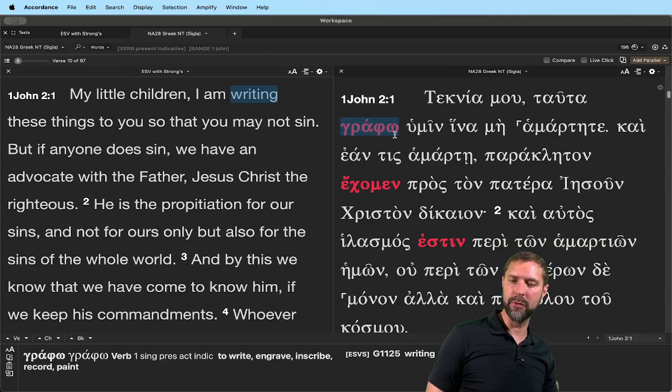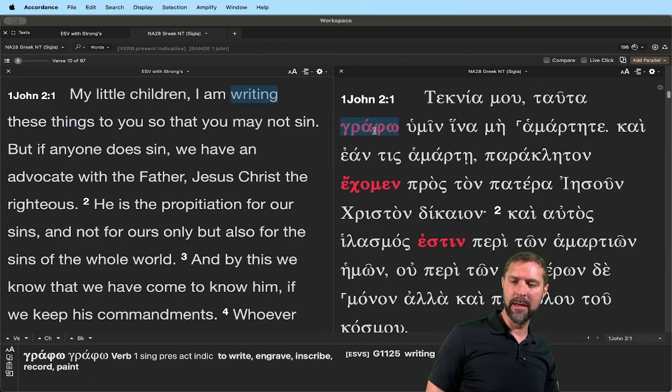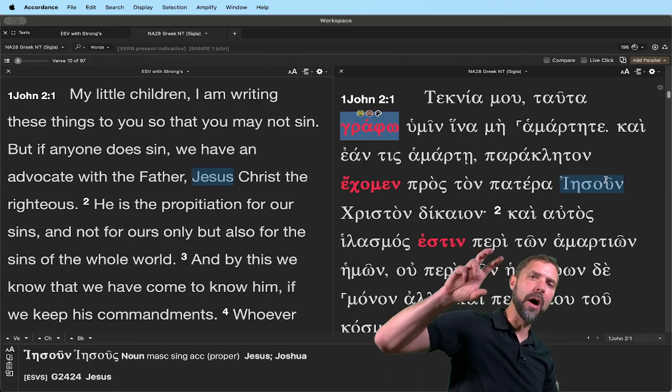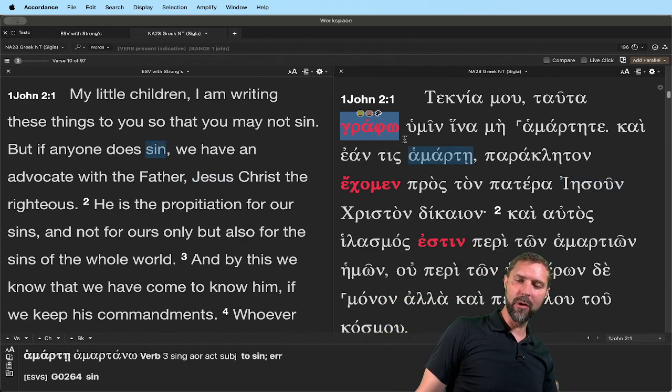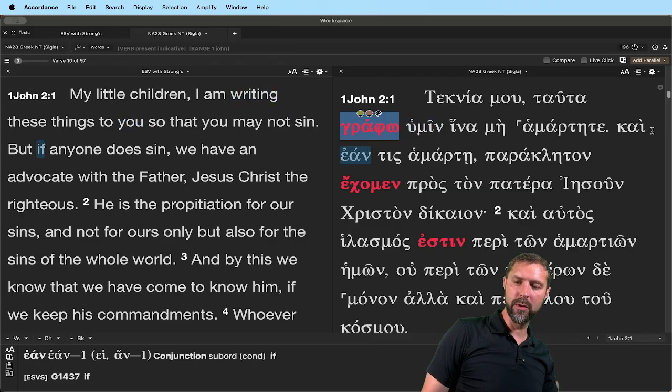Grapho is the word like graphic or calligraphy, writing. Echo is a verb meaning I have. And so if I put this in context, my children, I am writing these things to you. Okay, so you can see the form grapho, which is that top leftmost spot. It's the omega, oase, ameneta usi, the omega. I am writing to you. And you can actually see that working within a sentence as you've just learned it. I'm writing this to you in order that you should not sin, and if someone should sin, we are having